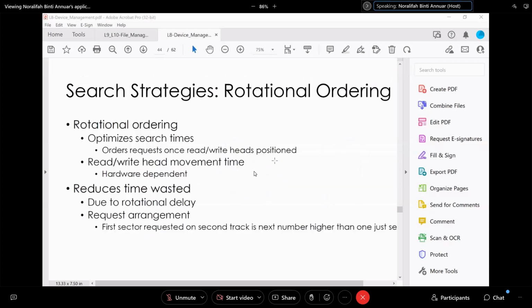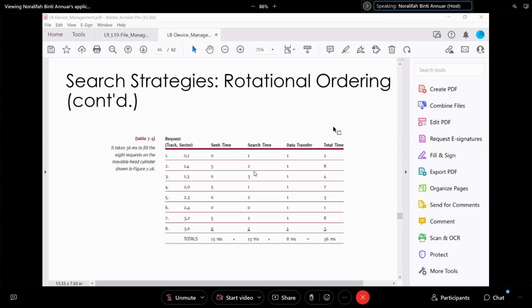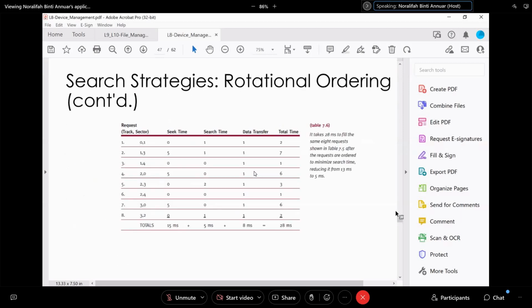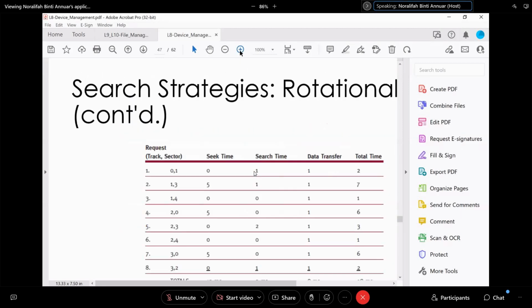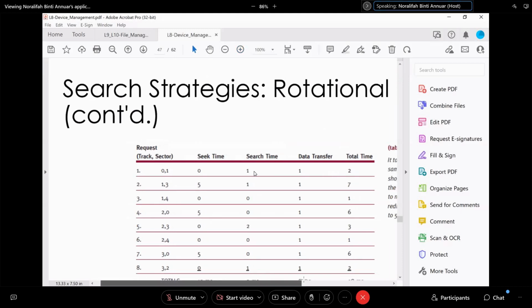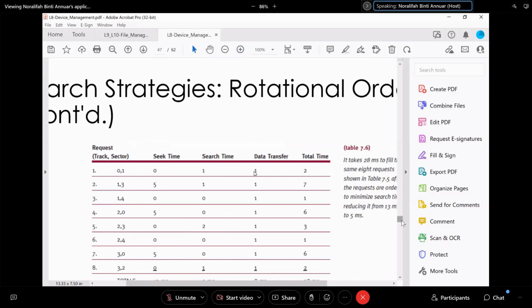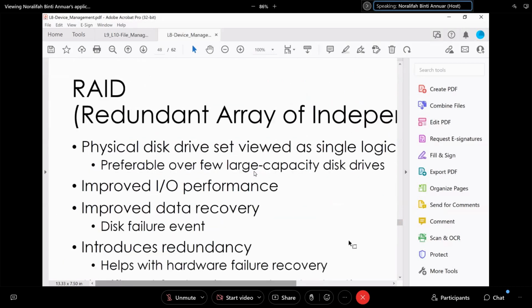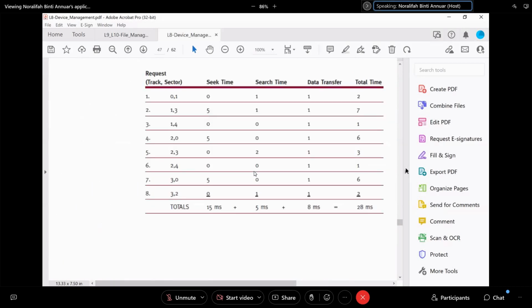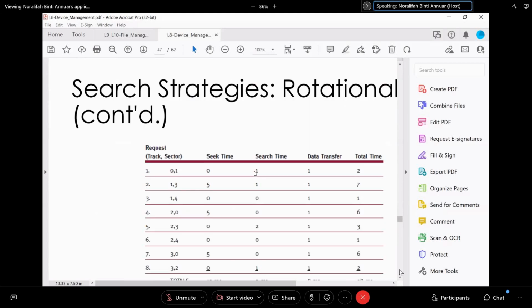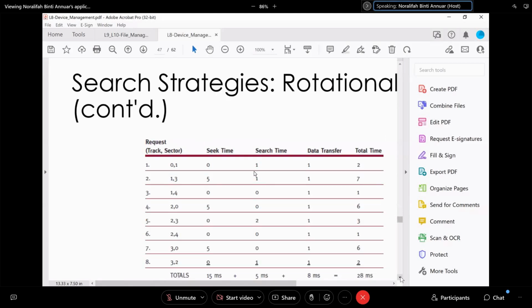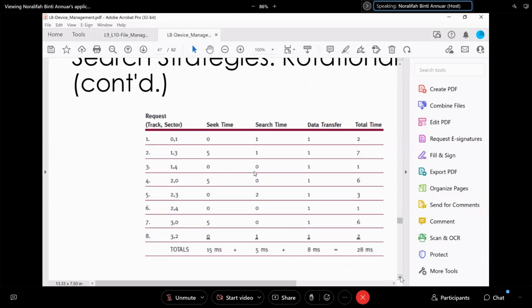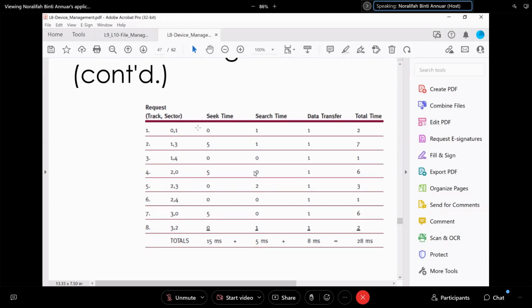0, 1, 1, 4, 1, 3, 2, 0. Okay, boleh nampak slide number 46. Now saya besarkan sikit. Okay, now this is the request list. You can refer to